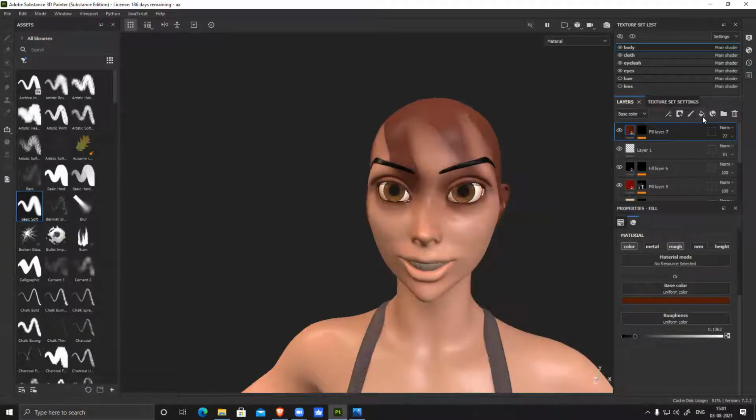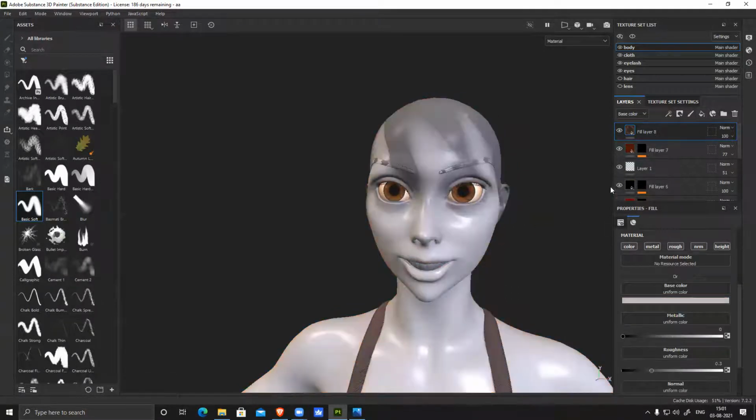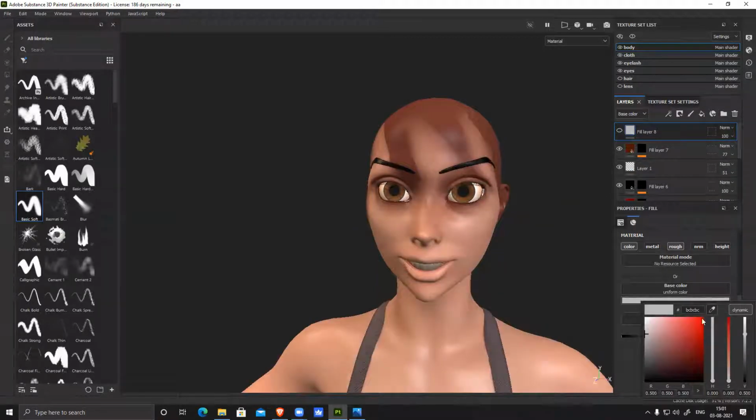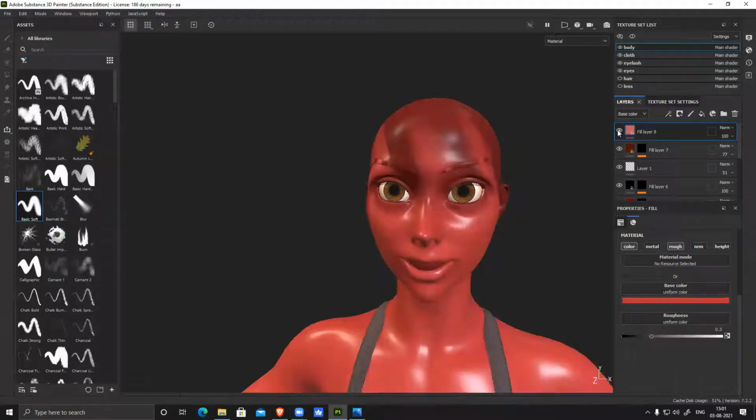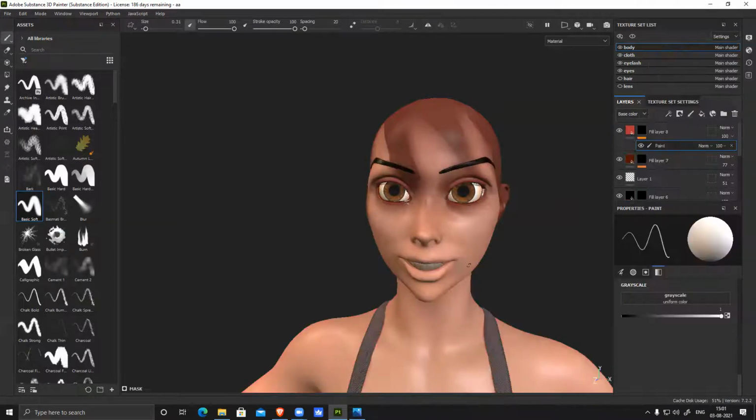And now a new layer, color and roughness. Color I'm going to use, let's see, more of a pinkish tone, and roughness will be slightly glossy. Right click, black mask, right click, paint.